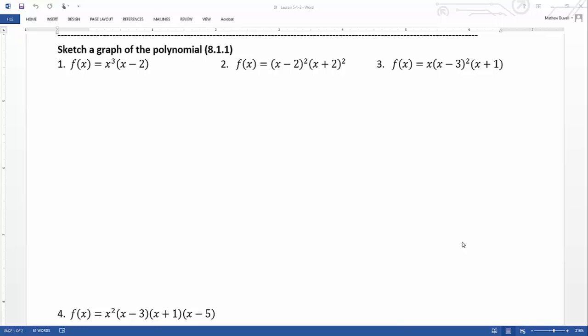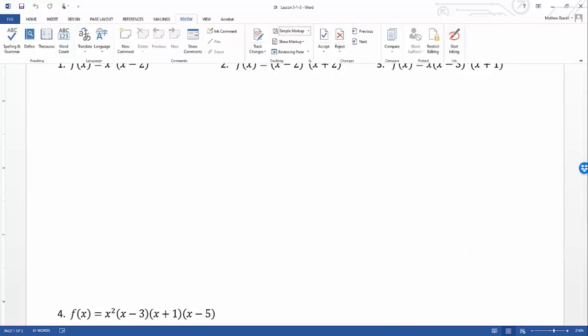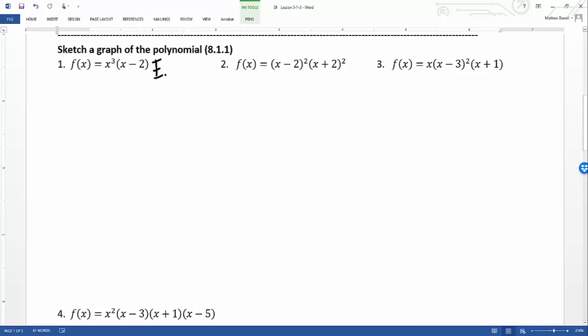All right, number one, sketch a graph of the polynomials. So remember, we need to know the end behavior. To find the end behavior, we need to know the leading term. So multiply the leading factors together, you get x to the fourth. That means that